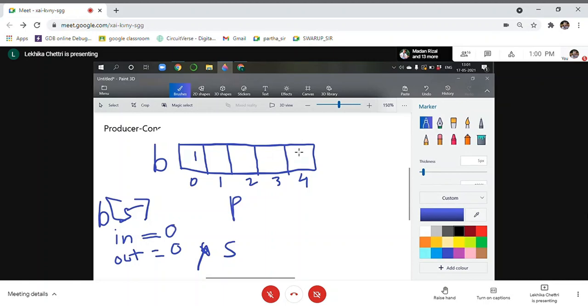Another is if all the buffers are full and the producer produces more, it should be stopped from producing more. Okay, so now on the contrary,